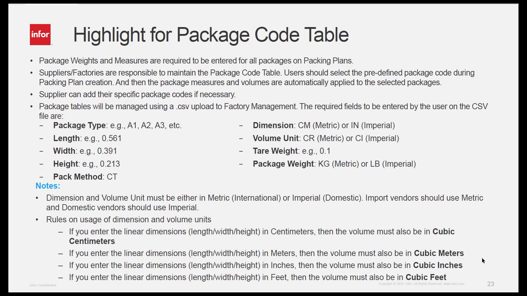This is going to be your responsibility, so please ensure that you are creating this before you start your packing plan process. You will not be able to complete your packing plan process if you do not do this. The information you will need to enter into your package code table is going to be your package type, which will be the unique value that will connect the line information with your length, your width, your height to that